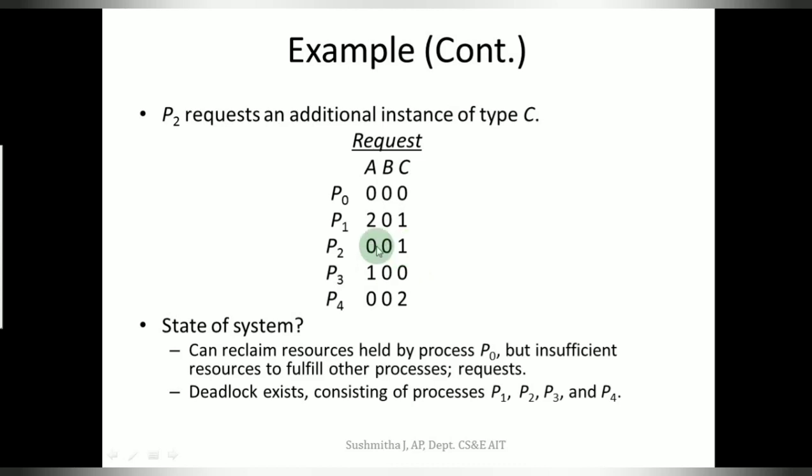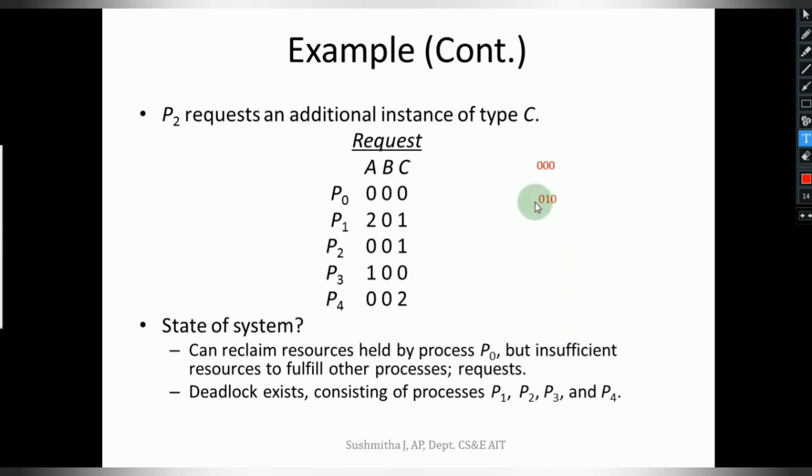Now if this is my request matrix, what is the available that I had? My available was 000. So with this available and this request matrix, can it be deadlock free? Let us see now. If the available is less than the request, yes, that is for P0. Now P0's allocation was 010. Now that becomes the new available.